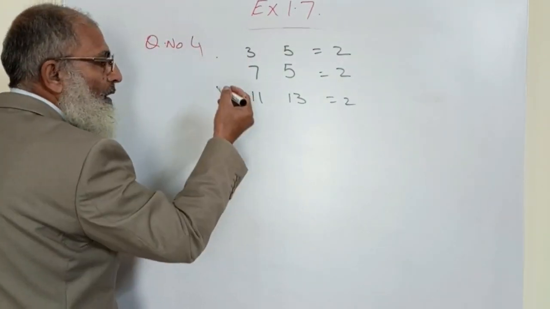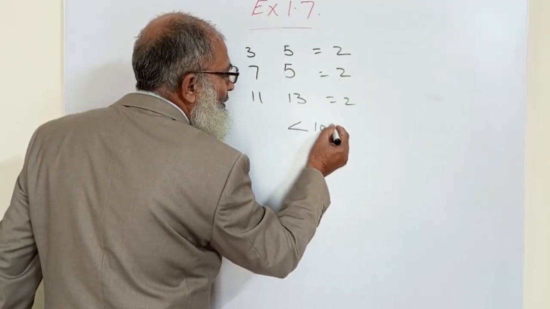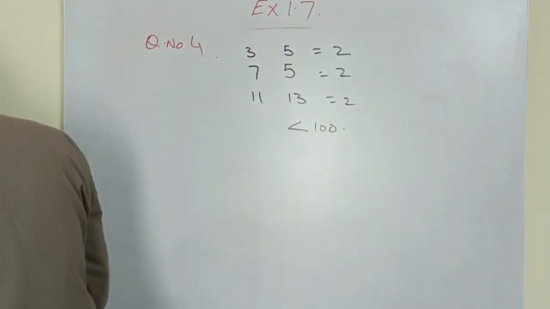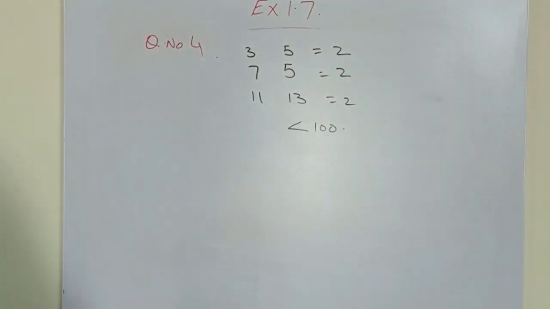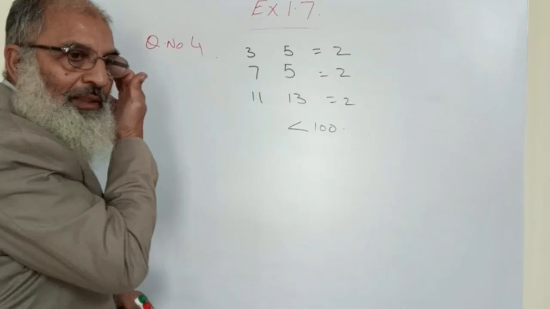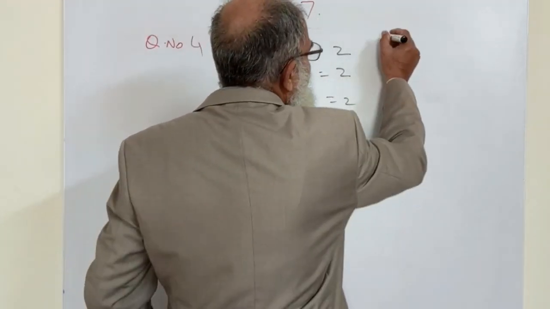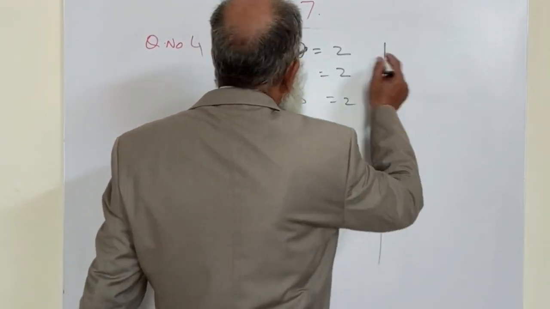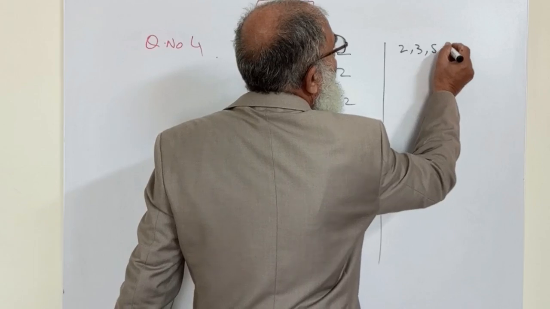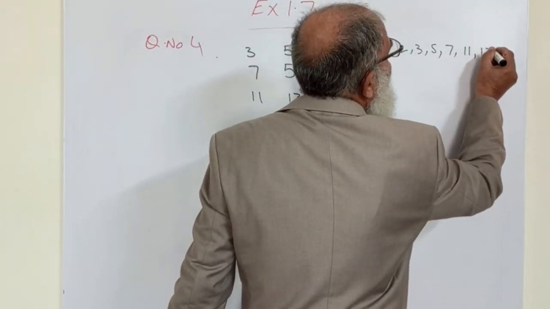Now I have to write all the twin prime numbers which are less than 100. Which are less than 100. So it is a very easy question, and you can write it. 3 of them are already written over here. So for the next numbers, just write in your rough column all the prime numbers. See, 2, 3, 5, 7, 11, 13,